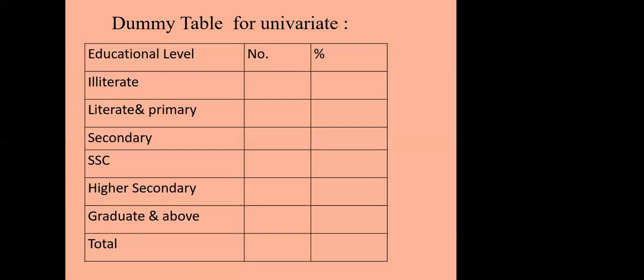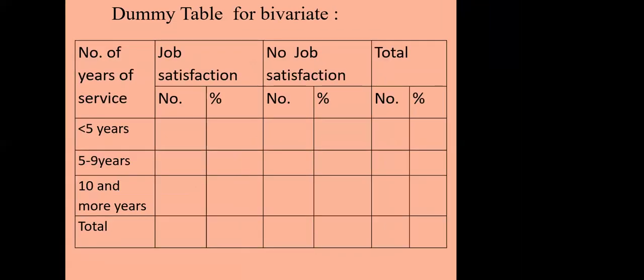And it is advisable that you generate dummy tables. Dummy tables means tables at the planning stage, without the values or frequencies. For example, when we develop the cross tab, in the frequency table we use the software SPSS. It will ask what should be your row variable and what should be the column variable. Here the row variable is number of years of service, and the column variable is job satisfaction, yes or no. So this is how your table should look.